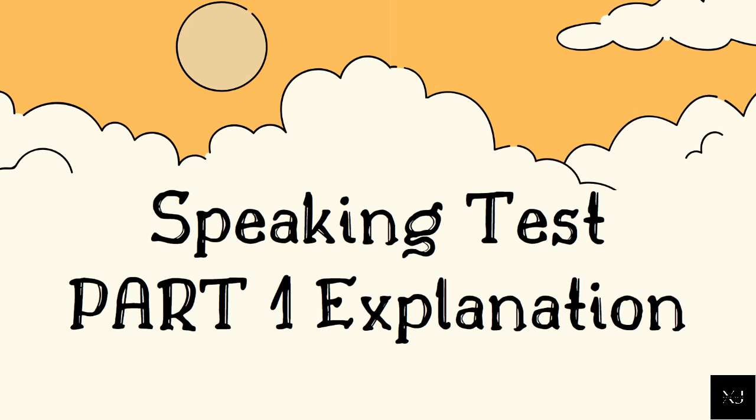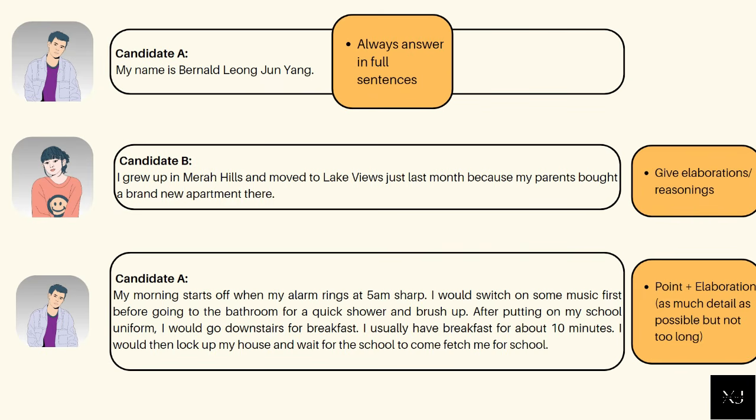Okay, so that is the end of part 1 of your speaking test. Now I'm going to do a short explanation about it. When the interlocutor asks you questions about your name and all those things, always answer in full sentences. Don't be like, the interlocutor asks you for your name and you say, my name is Bernard. There are so many Bernards in this world. How would we know which Bernard are you, right? Answer in full sentences. Also, don't give random names. Give the names following your IC, your identification card. If you do not have an English name, don't suddenly add an English name when you're doing your speaking test.